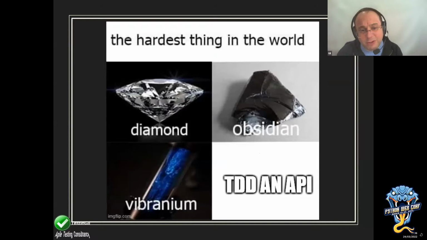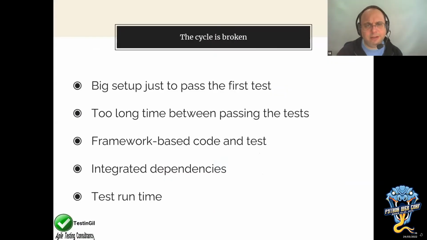So I'm going to show you that it's not that hard, but there are things that happen in the real world that are a bit different. And the reason they are different is that in the unit testing world, we kind of look at the logic that we have and nothing else. So it's easy to have this kind of cycle. And this cycle usually